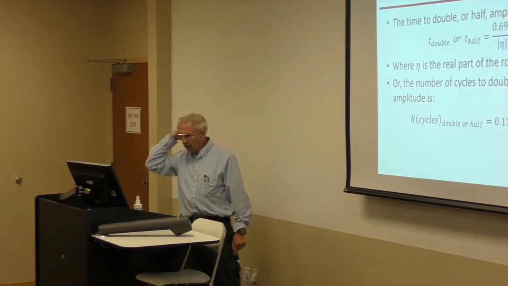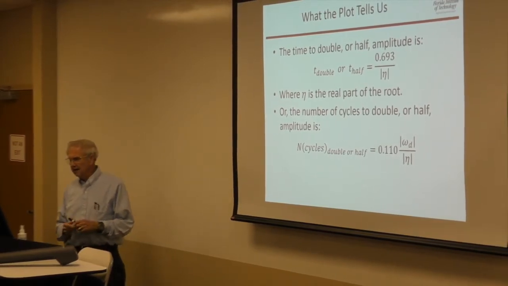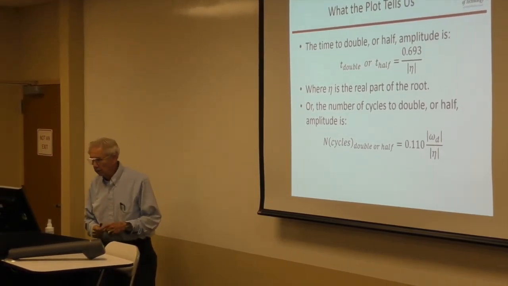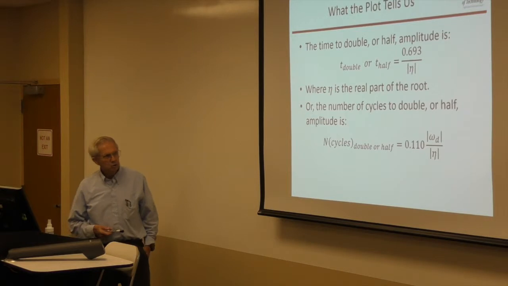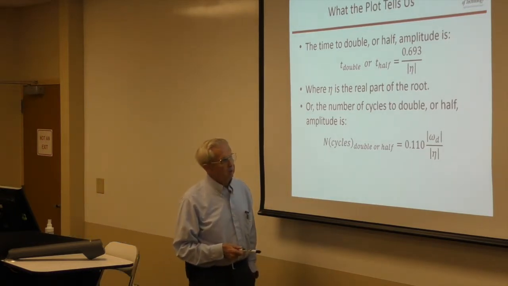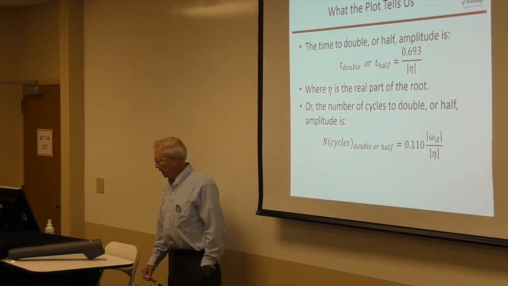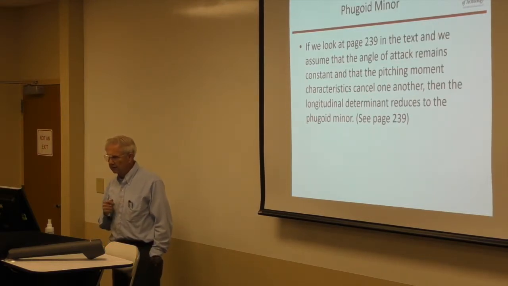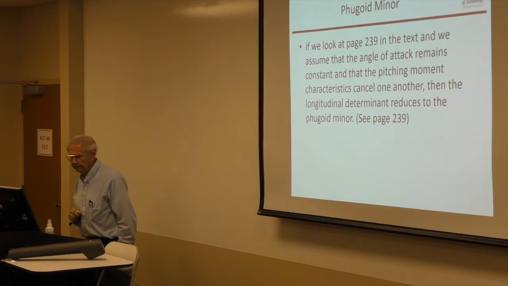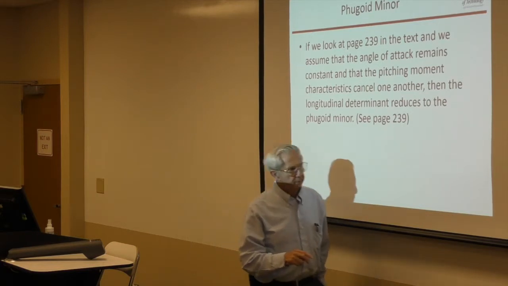Time to double amplitude or half amplitude is essentially 0.0693 over the real root, and number of cycles to double or half amplitude in most cases, and this is kind of a rule of thumb, the damped frequency over the real root, and so we can get this in like that. We assume that the angle of attack remains constant for the phugoid minor, and we said the phugoid ends up plotting up,